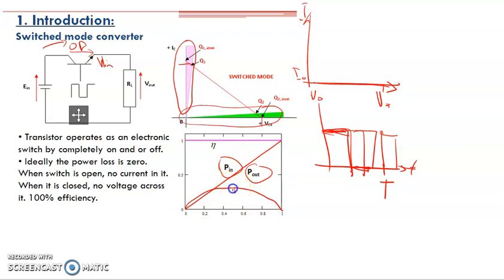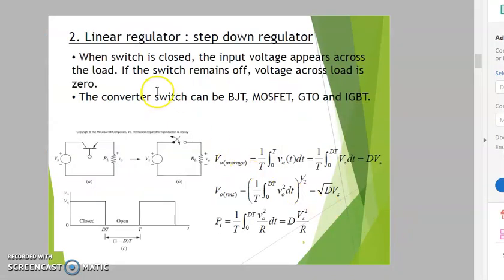It means that at 50% it picks up and peaks, and at 100% of voltage it reduces to zero. But for a switch mode converter, the efficiency is maintained at 1, meaning there are practically no losses. Ideally. So for switch on and off, fully on or fully off, the switch mode regulator